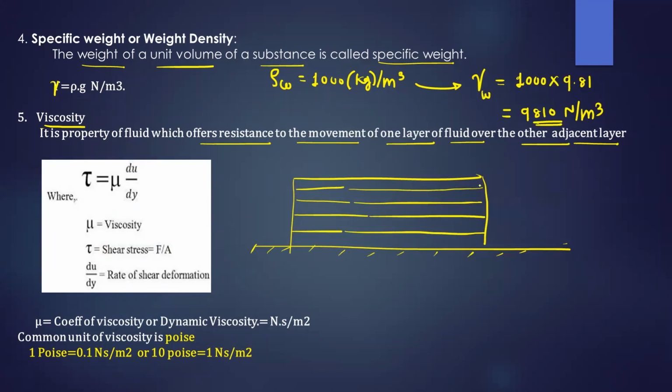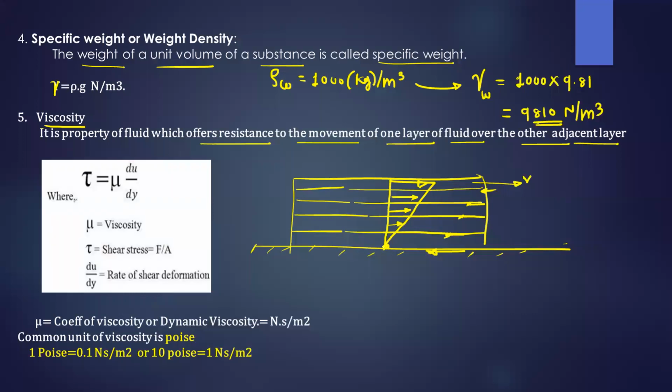And suppose this fluid starts moving. So this top layer will have the maximum velocity, and this velocity will gradually reduce up to the stationary layer. So here what happens? Each layer offers resistance in this direction. This resistance is maximum at the bottommost layer, and therefore you get the velocity variation like this. This is the highest velocity in the top layer. The velocity reduces gradually and it becomes zero at the stationary layer.